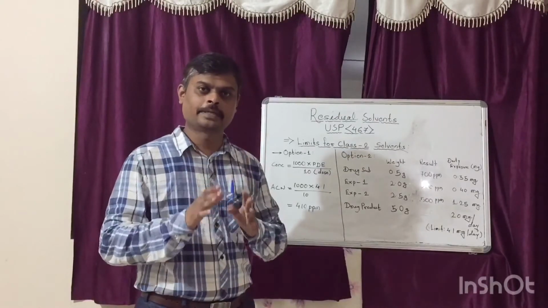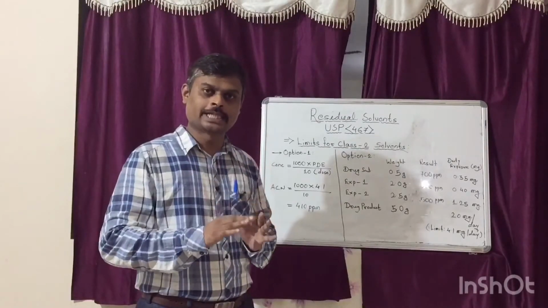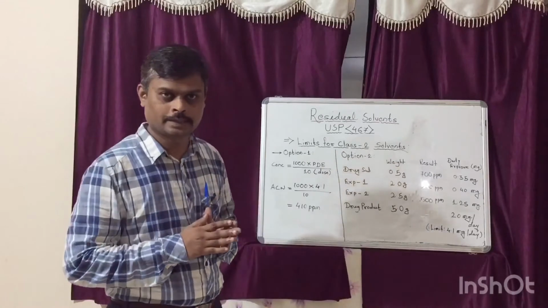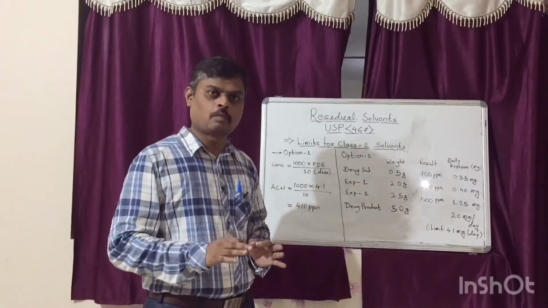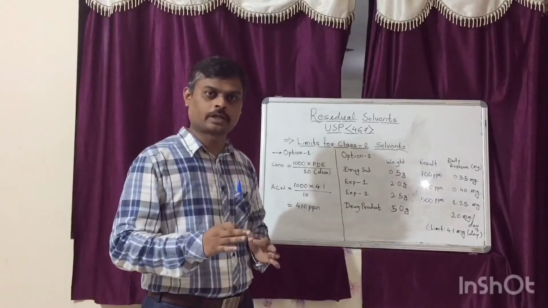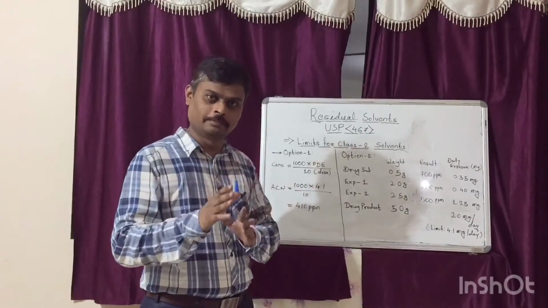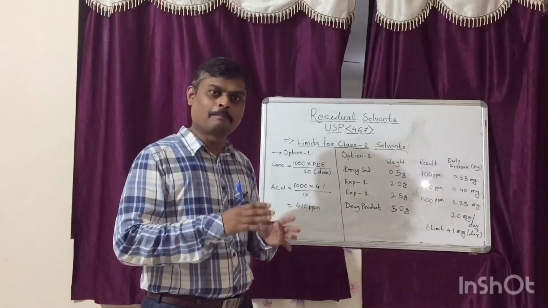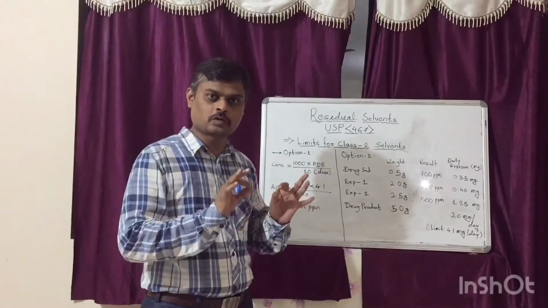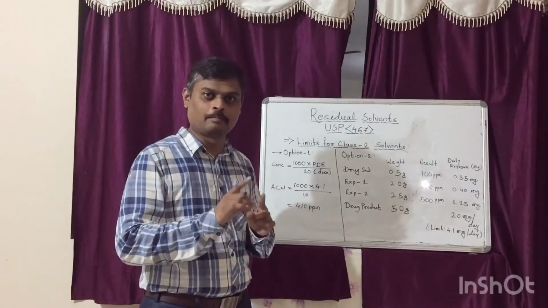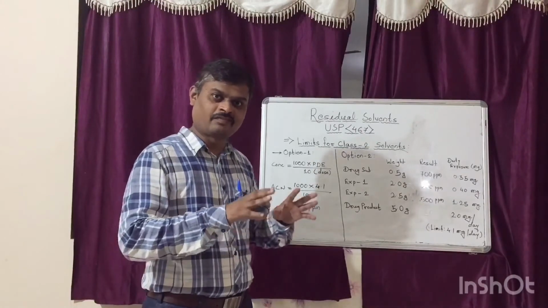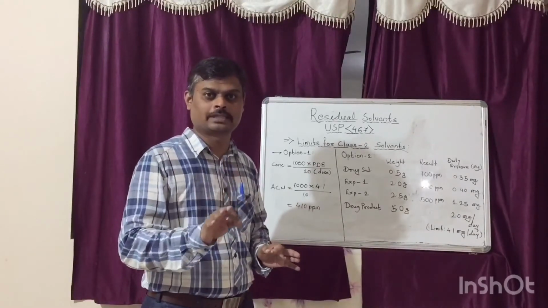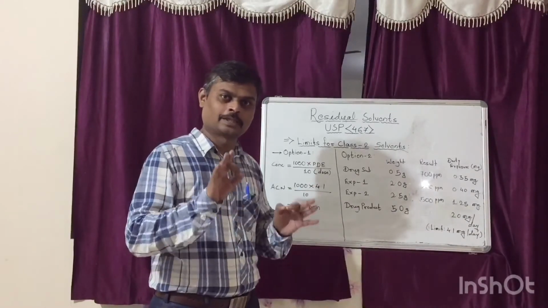Option 2 criteria can be applied when the daily dose is greater than 10 gram or fixed, that is known. It is not necessary for all components of the drug product to meet the option 1 limit. The option 2 limit can be applied by adding together the residual solvent results of each component in the drug product. The final result should be less than the permitted daily exposure, that is PDE, of the respective solvent.